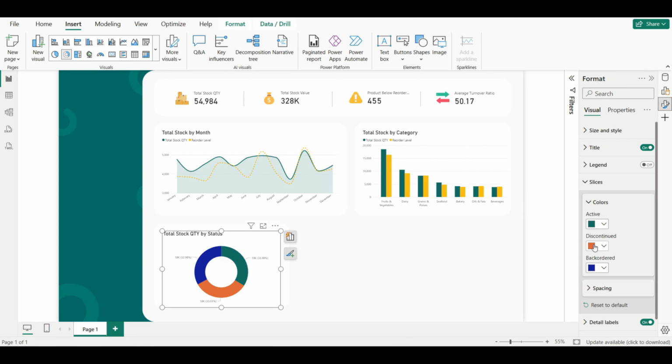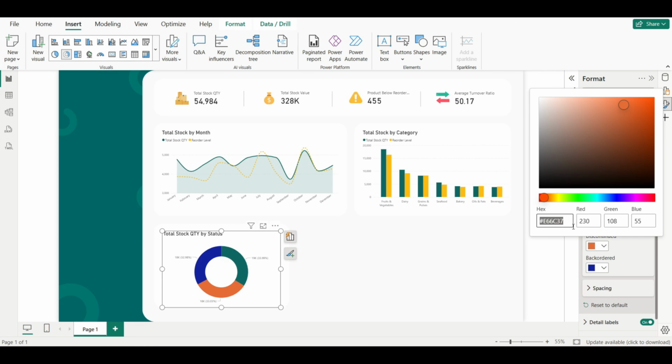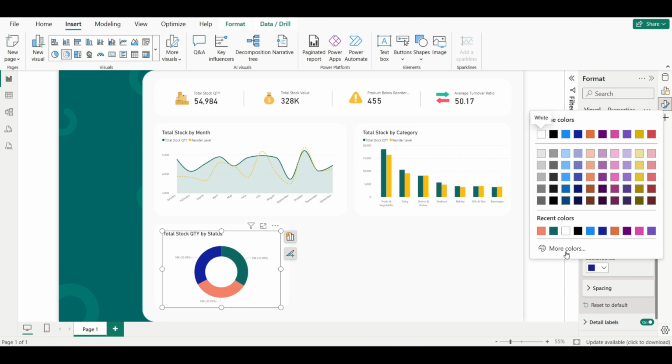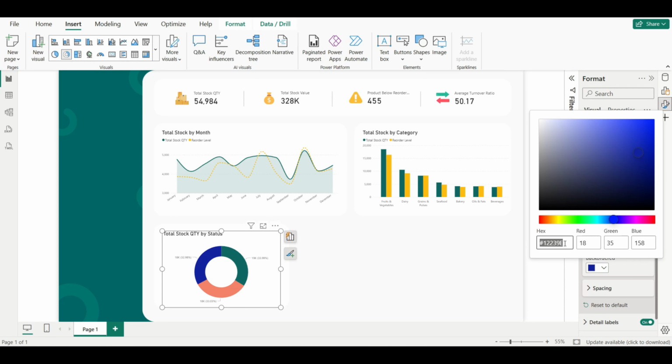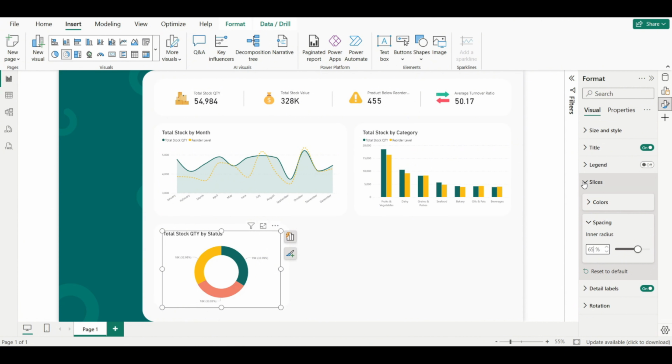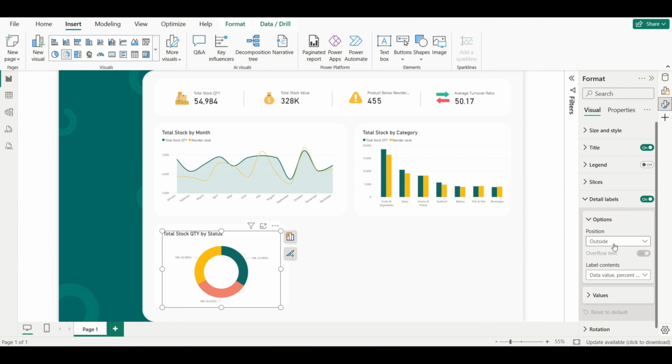For the discontinued status, I'll use the color code F48269. And for the back-ordered status, I'll use the color code FEBC11. For the spacing, I'll change it to 65% for a more minimalist look. After that, we'll adjust the labels by going to Detail Labels, selecting the position to Outside,